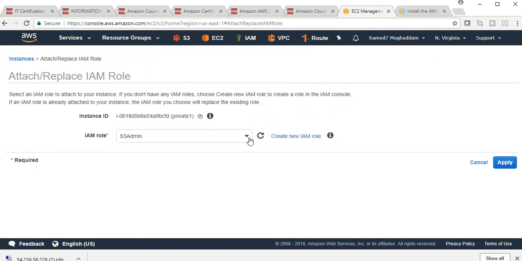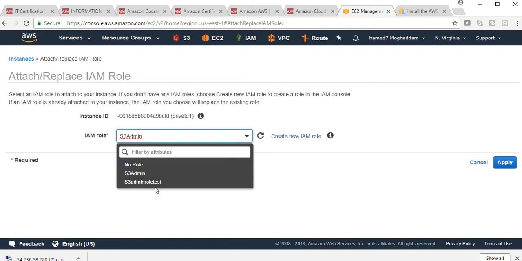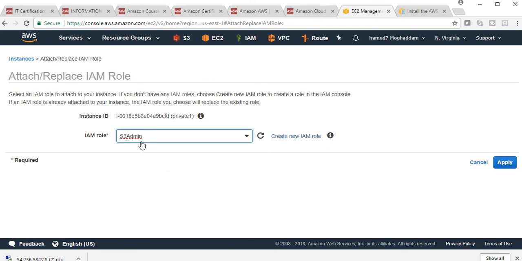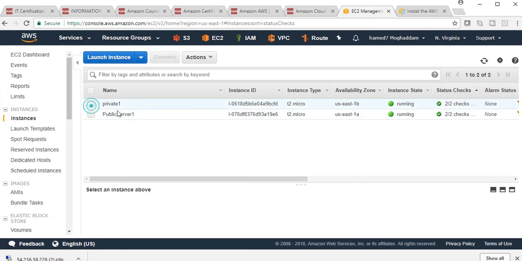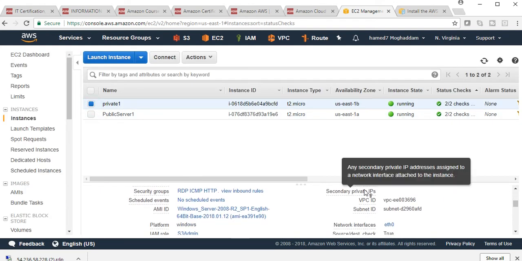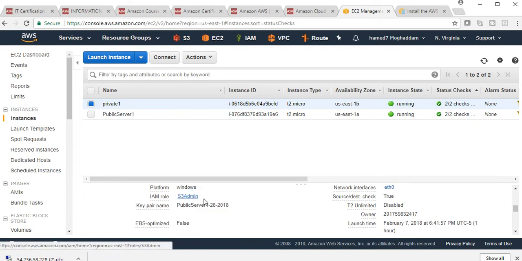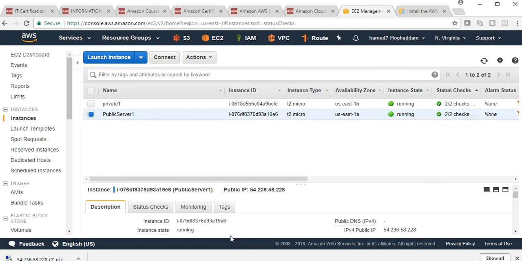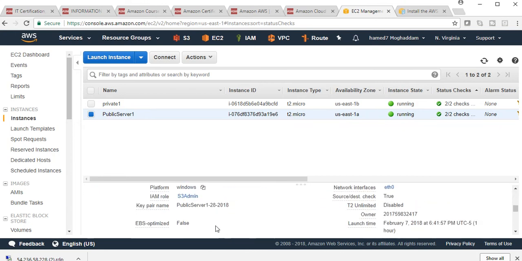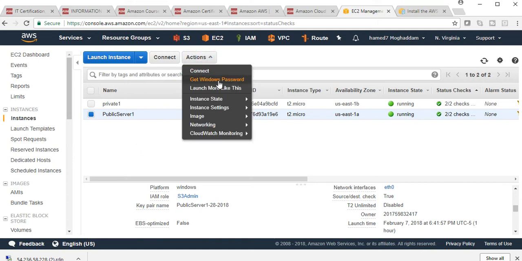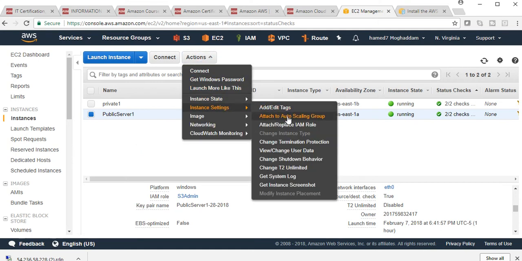Right now I already have S3 admin. You already have that. This is extra I just did. So it's already good. So you want to make sure this role is here, cancel that one. So this one, the private one, has S3 admin right here. Want to make sure you see that right here. And also this one has a role right here. In case you forgot, all you have to do is go to Actions, Settings, then